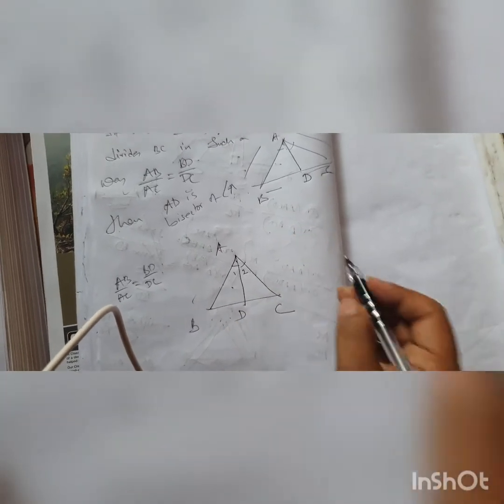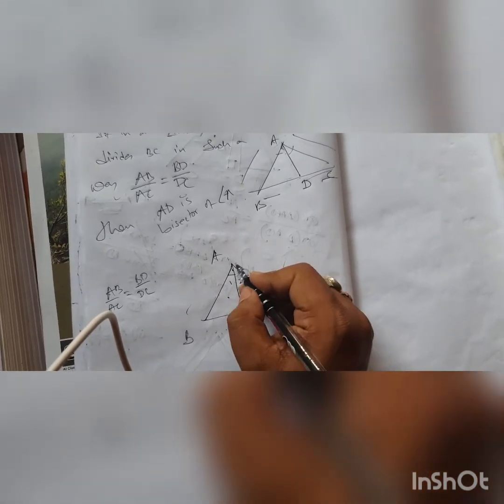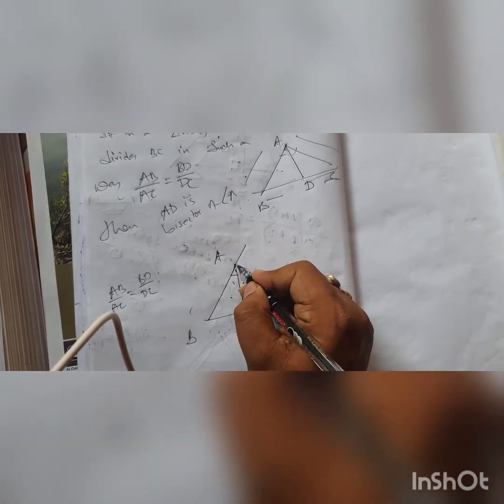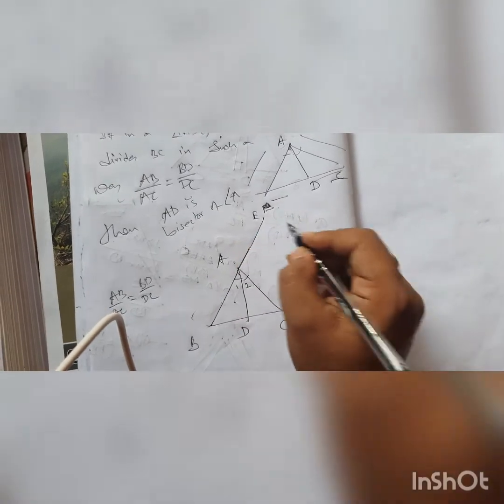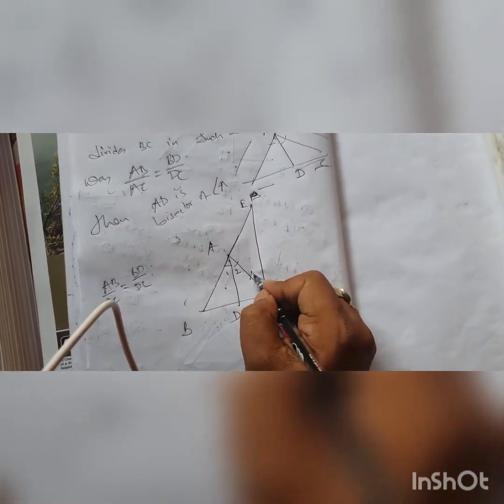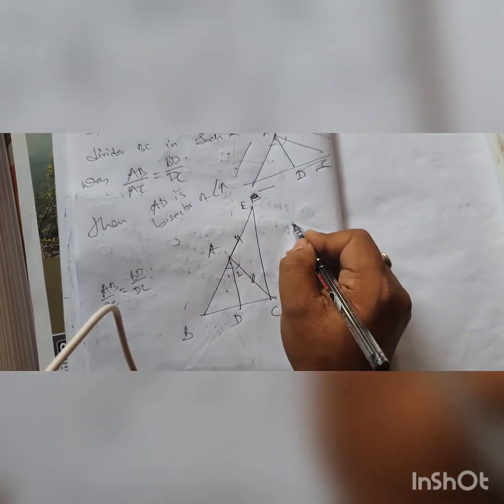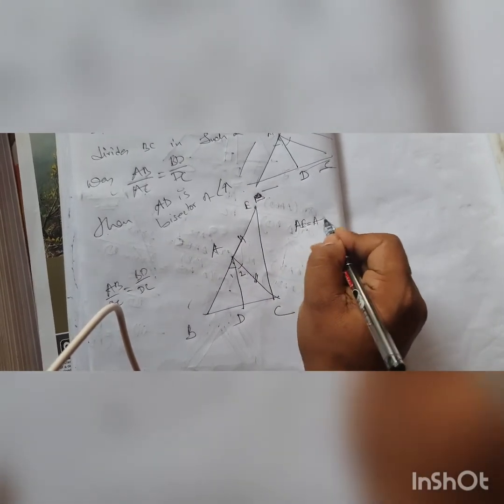There, what construction did you do? You did a parallel construction, right? Here you will not do a parallel construction. Here you draw a line equal to AC, extending it to such an extent that it becomes equal to AC. Name it AE, and join it like this. When you do so, you have already constructed AE equals AC, according to your construction.